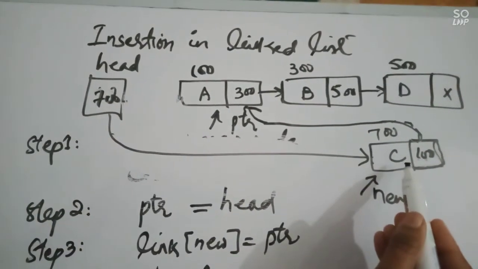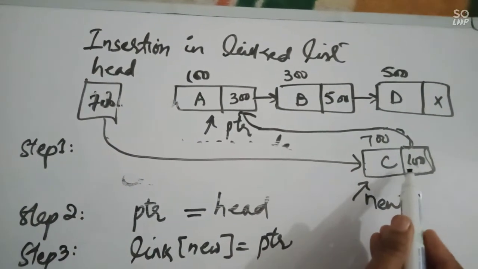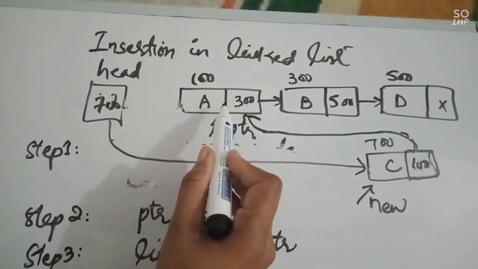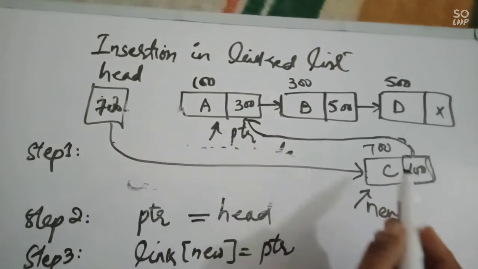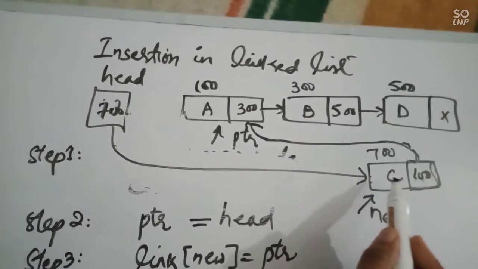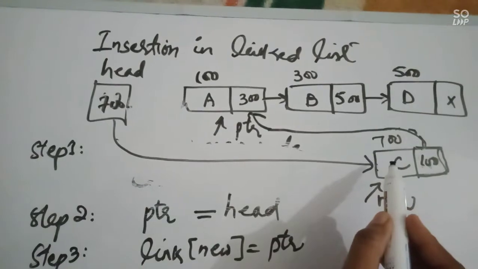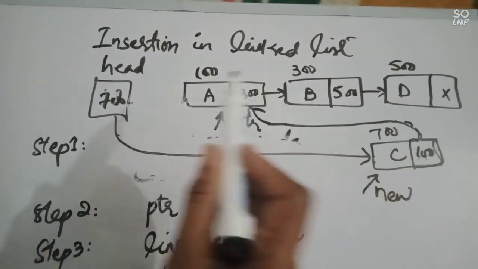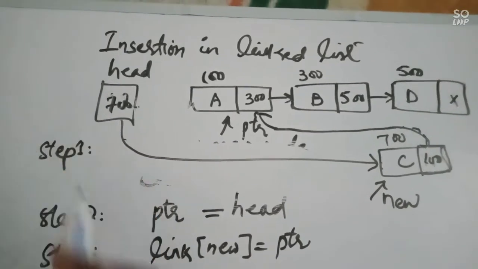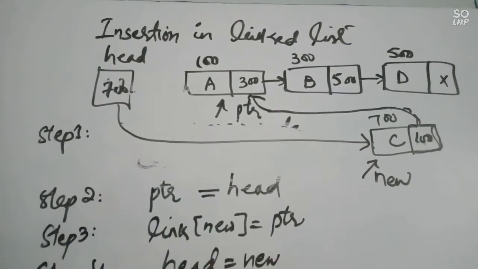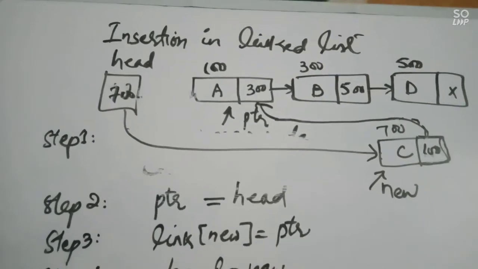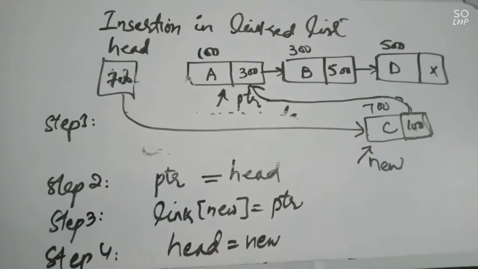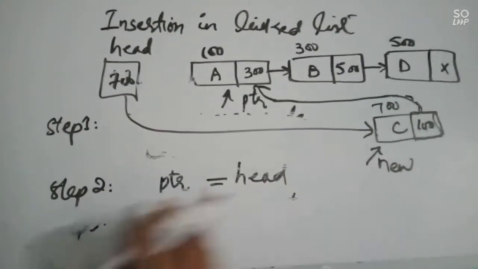The new node is first attached to the node which was previously the head node. Now our new head, the new starting point, is this, and this new node is then assigned to the head pointer, so it becomes the head. This is how we can add an element at the beginning of the list, insertion at the head.